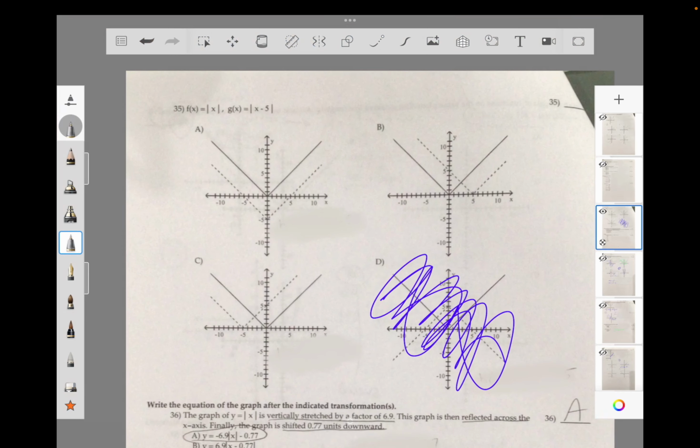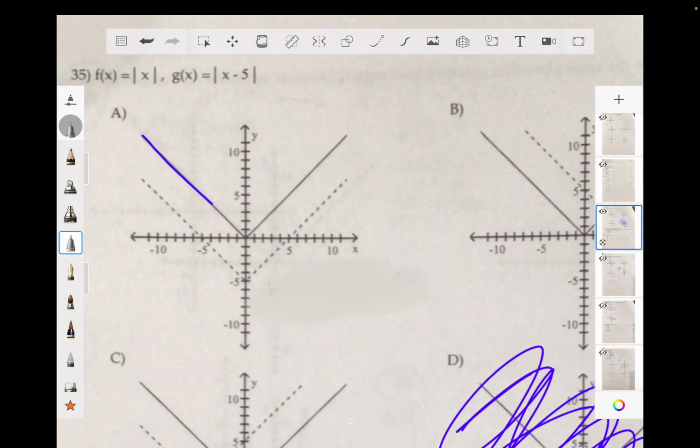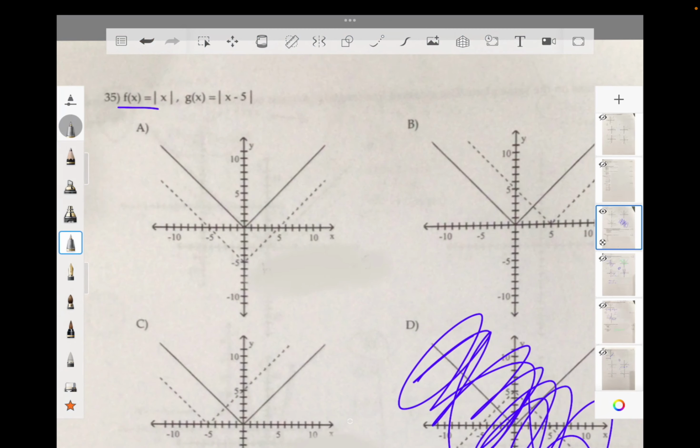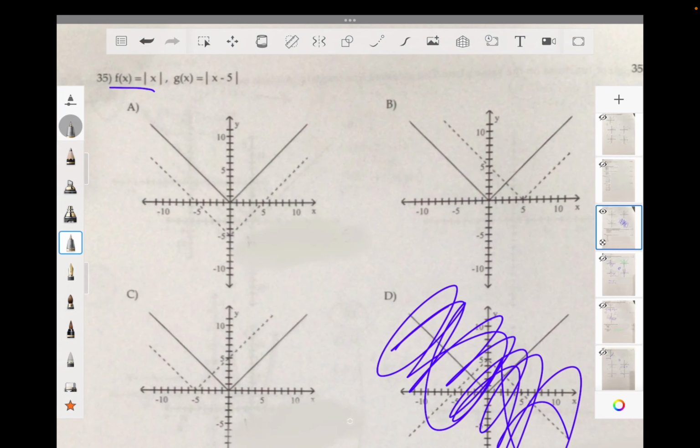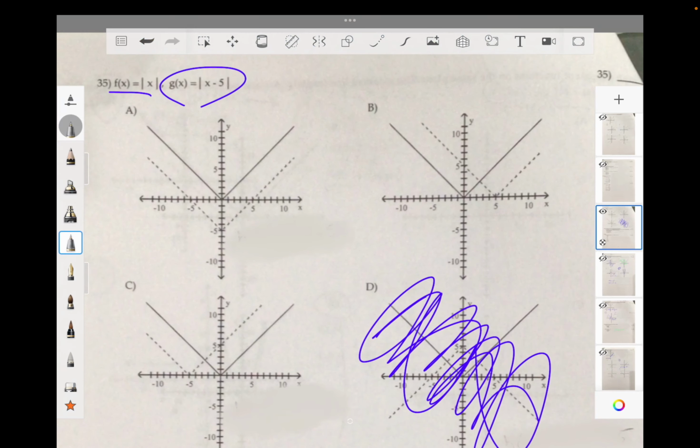One thing you could certainly do is, first of all, just ignore the black line completely, because they're the same on each graph. We're focusing on the dotted lines for each graph. So with the dotted lines are this one. So what we could do